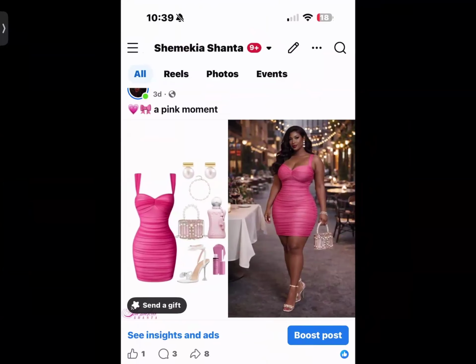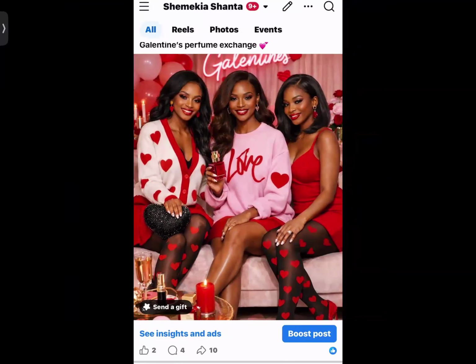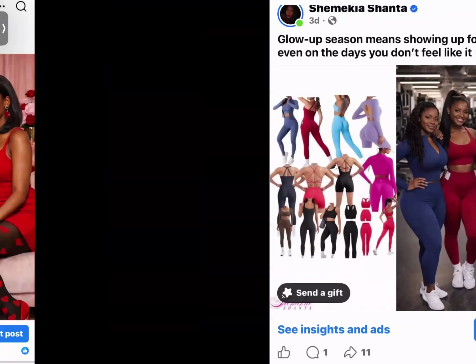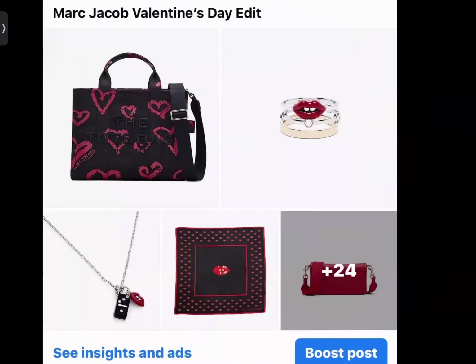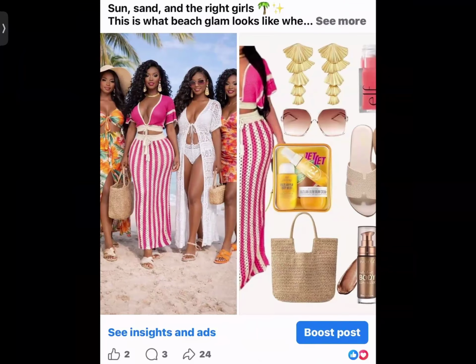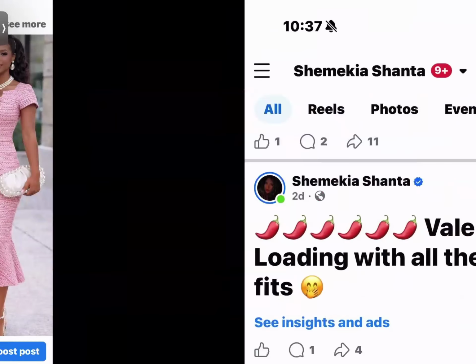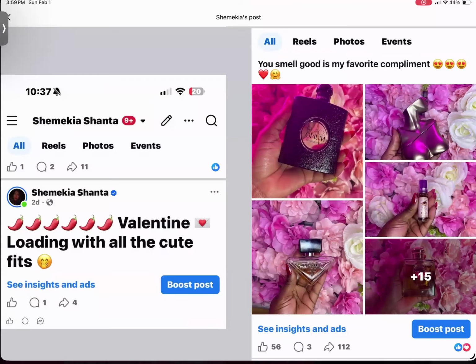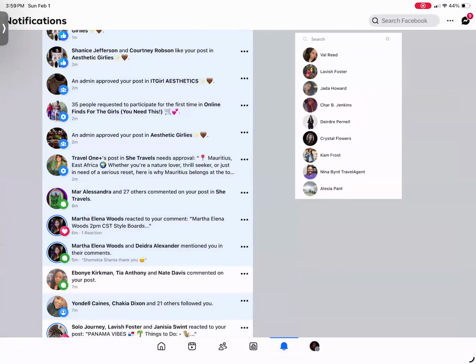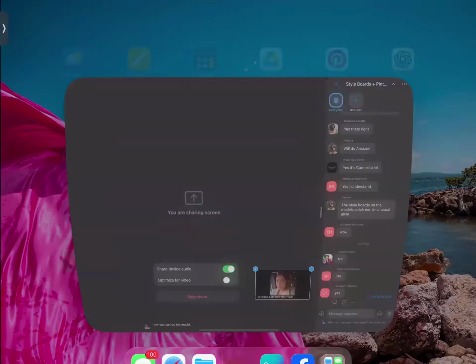But it just kind of, I guess, shows you what the outfit would potentially look like, because people are visual. So like this here, Valentine theme, that's super cute. It's gonna make you stop and look at it. Even this here, so that's why I like doing the models as well. It just kind of brings the look together. So like this here. And then let me show you how you can do the model. All right, so